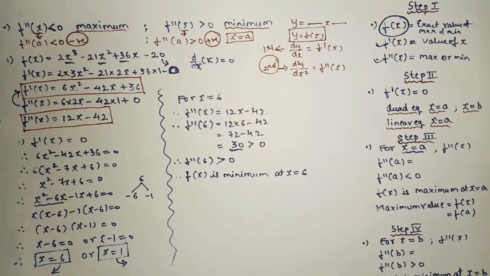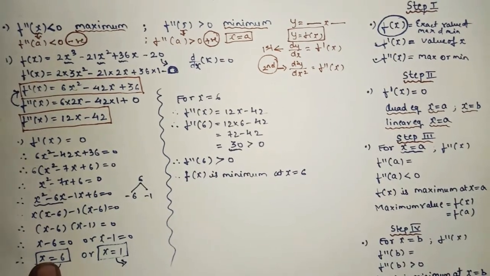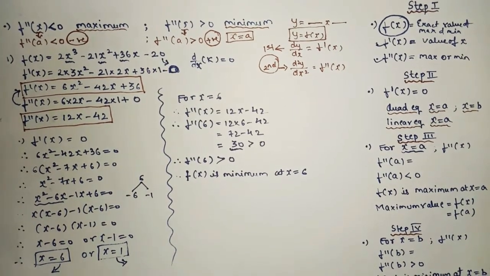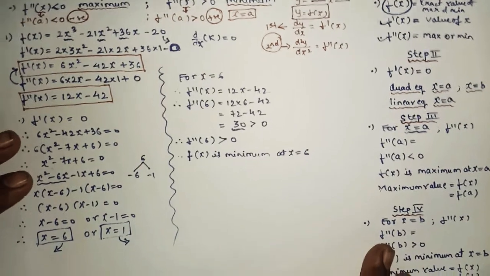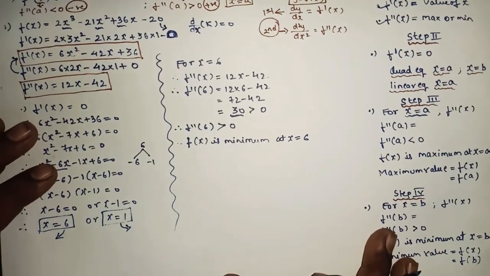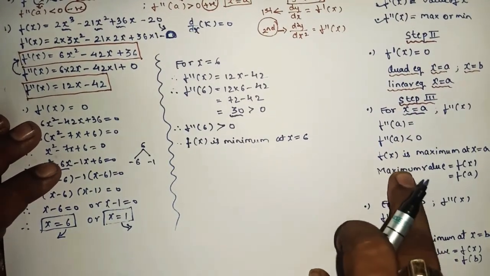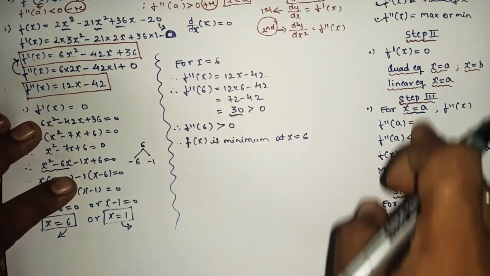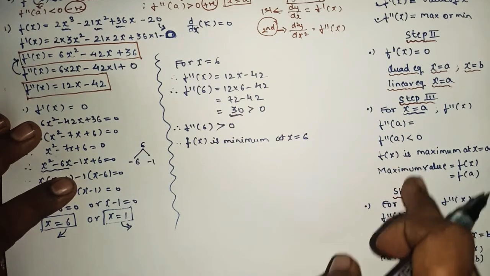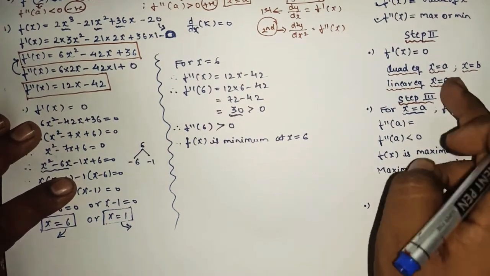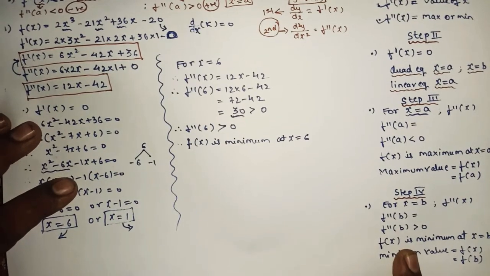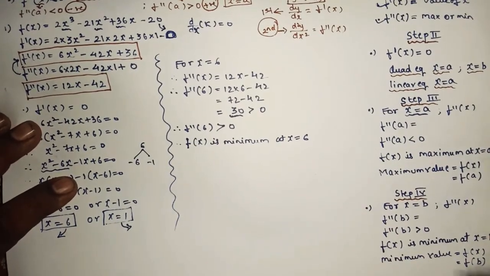Remember this: sometimes it will be maximum, sometimes it will be minimum. As here we got the minimum. Sometimes you will get the first value as maximum, sometimes as minimum. This was just a theory and explanation part. I took x equals a as maximum and b as minimum, but the steps will go vice versa also.